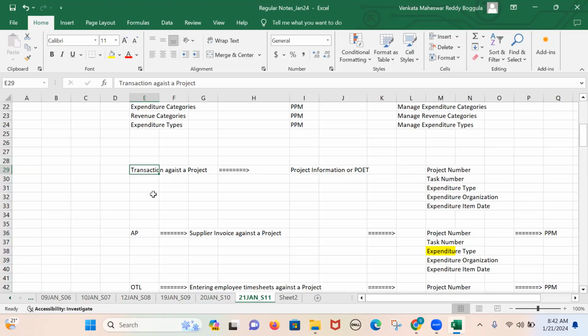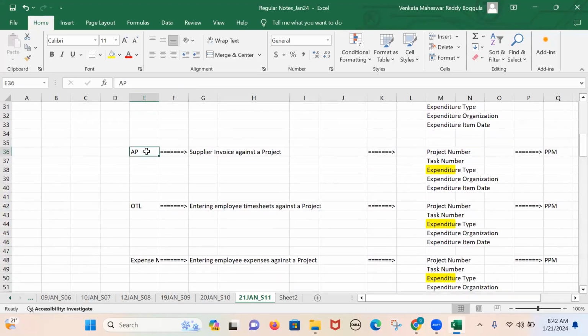Okay, coming down. Now, account payables is the module where I can go and create supplier invoices. Account payables comes under the financials module, right? Yes. So account payables is the module which comes under the financials module, and here we want to create the supplier